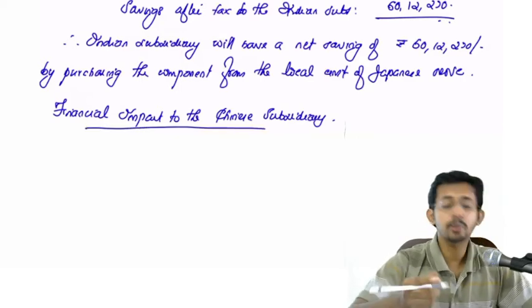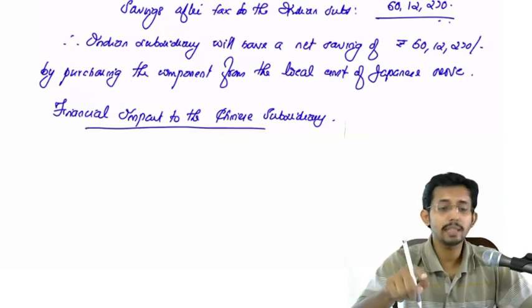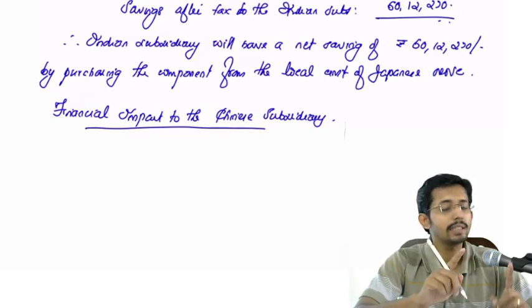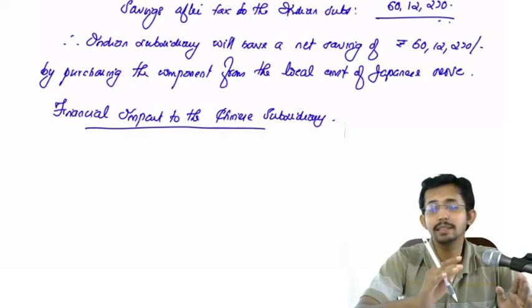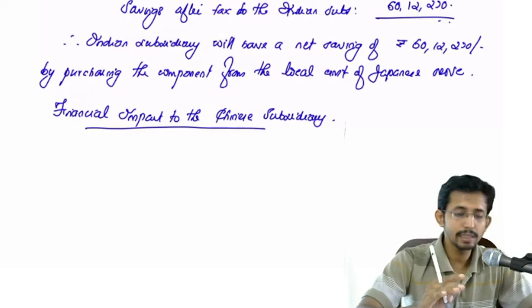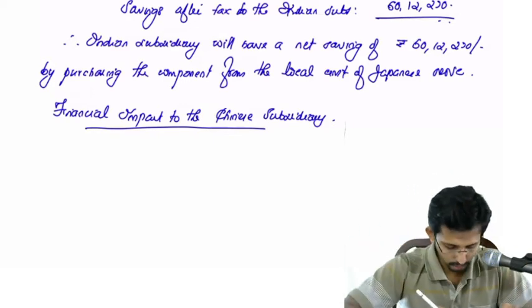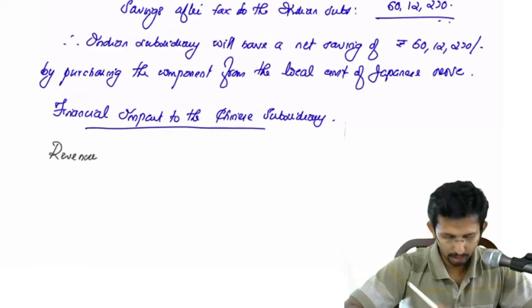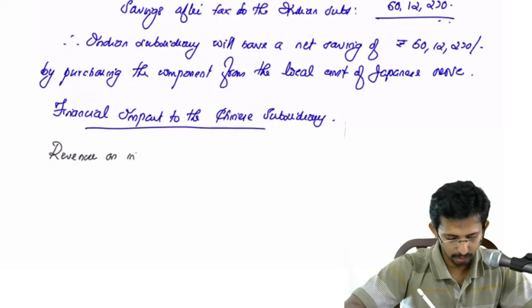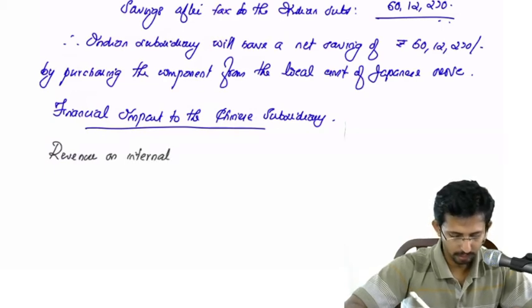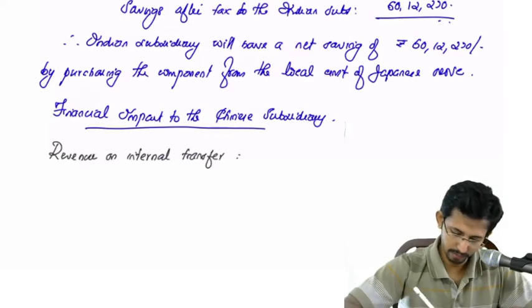As far as the Chinese subsidiary is concerned, in order to compute what is the impact, you have to see what is the income, net revenue to the Chinese subsidiary on account of internal transfer and on account of external sales. Okay, so revenue on internal transfer,